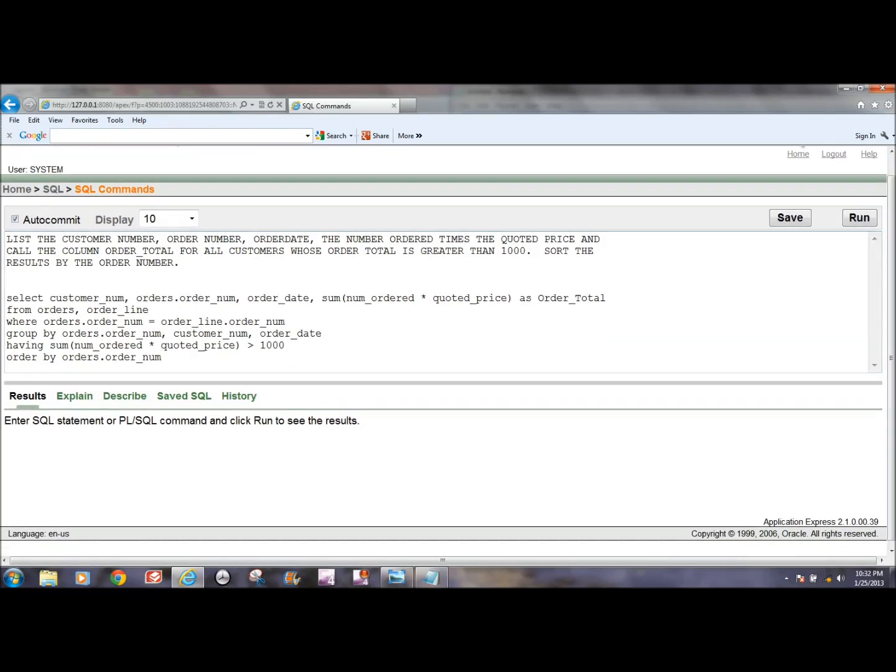In the select statement, we select what columns we want to view. We want to view the customer number. We want to view the order number, and we want that order number to come from the orders table. So we simply qualify by putting orders.order number. We want the order date, and then we want to multiply the number of items ordered times the quoted price